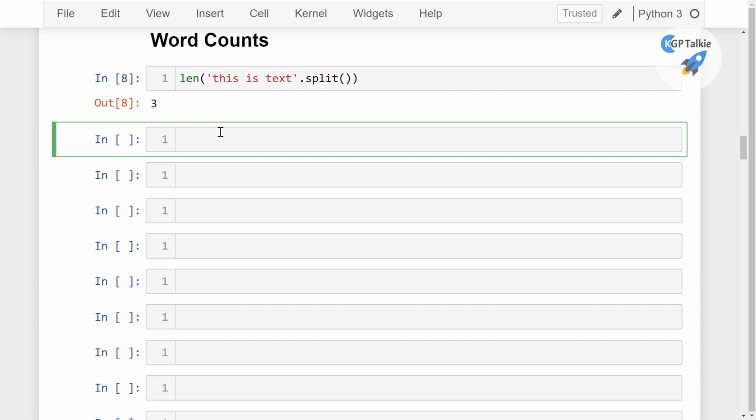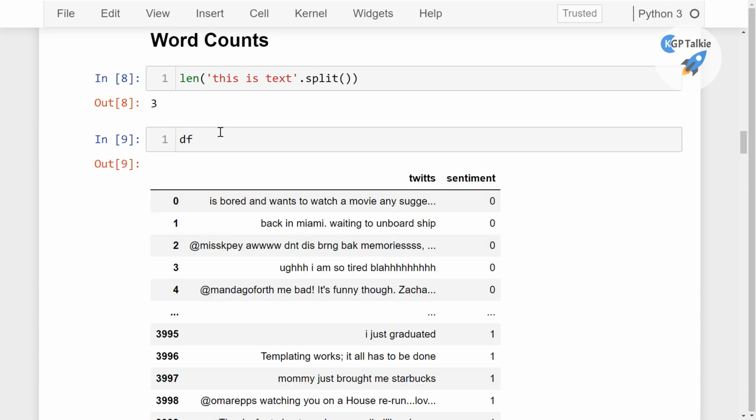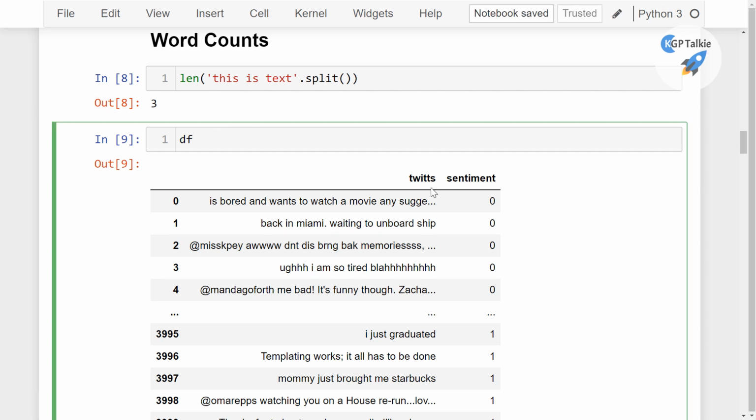So we have to save this in our data frame df. On this df we are going to apply this on the tweet column. I'm going to apply this method by using a lambda function: apply lambda x, then len, then str of x.